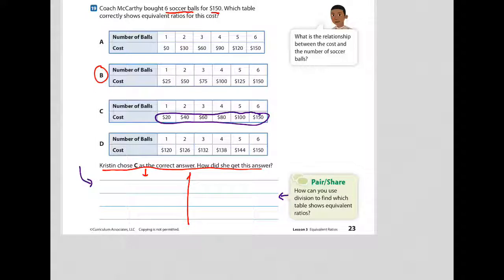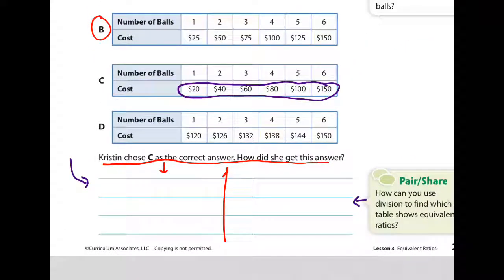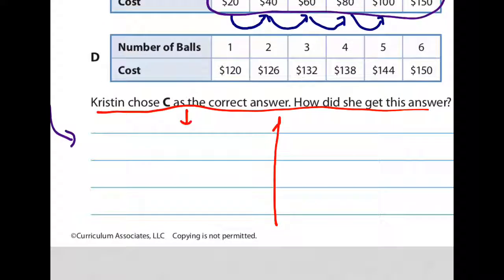All right, so now, here's what I'm going to say. Now, I'm not sure what Kristen was thinking. Sometimes people just guess, right? But when I'm looking, I'm thinking maybe Kristen was just counting by 20s? 20, 40, 60, 80, 100, and then just goofed up from 100 to 150? I don't know. I mean, remember, your answer might be totally different than mine, so I'm going to just say